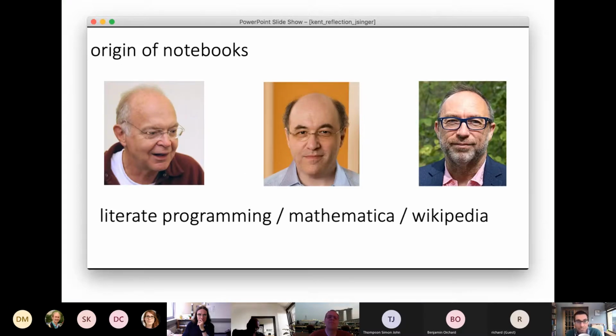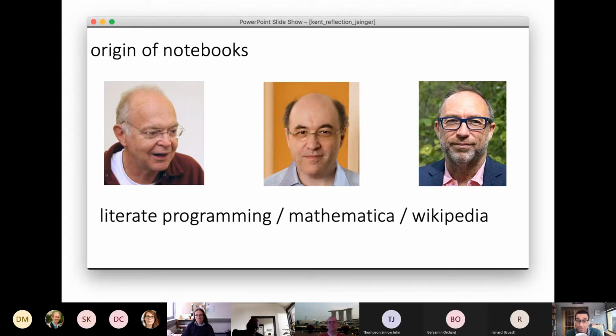So just thinking briefly about where notebooks come from, and this might be a slightly revisionist history of notebooks, but I'm going to claim that we can get inspiration from Donald Knuth and his notion of literate programming, the idea that, you know, code should be accompanied by high quality commentary interspersed with that code that somehow turned the whole thing into a beautiful document which can be read both by humans and computers reading different parts of it and so on.